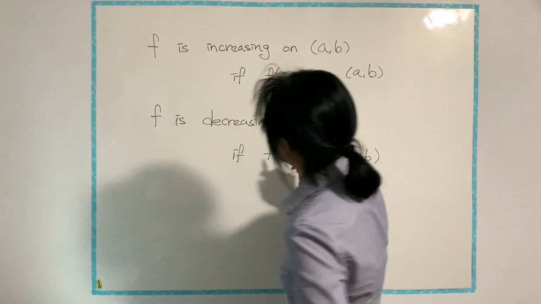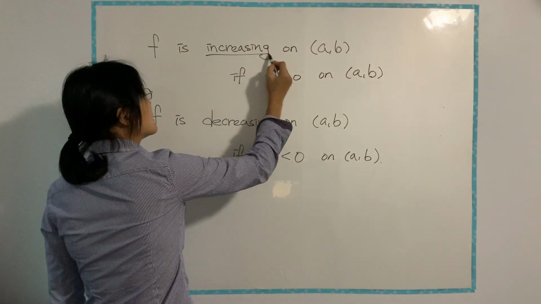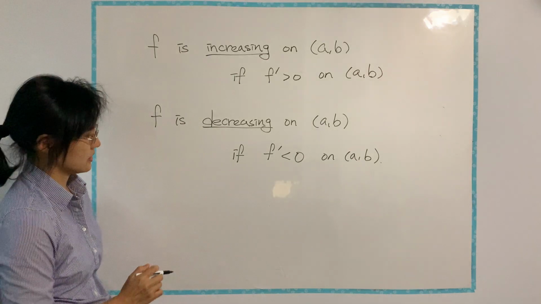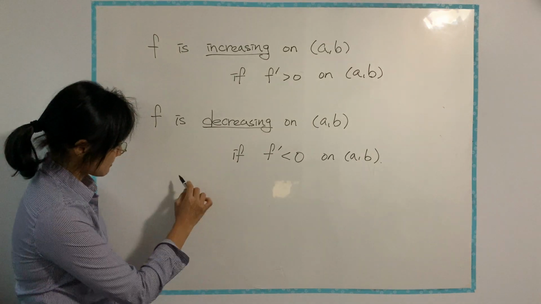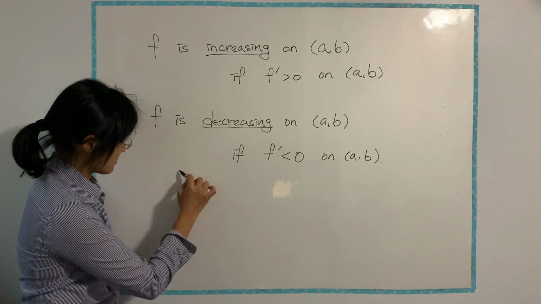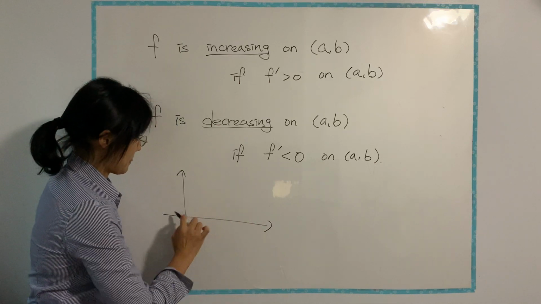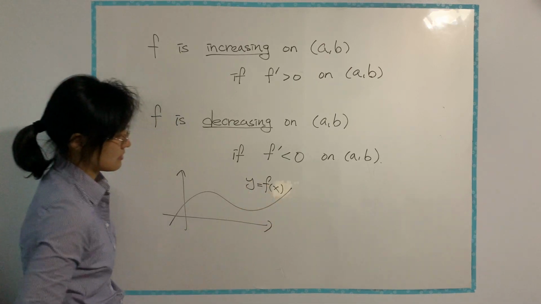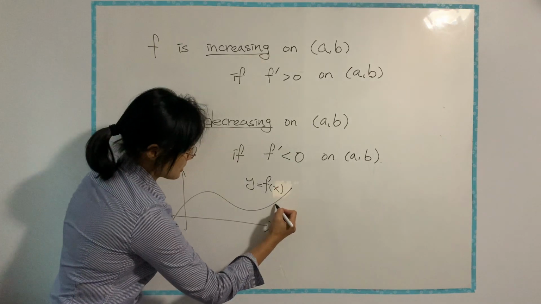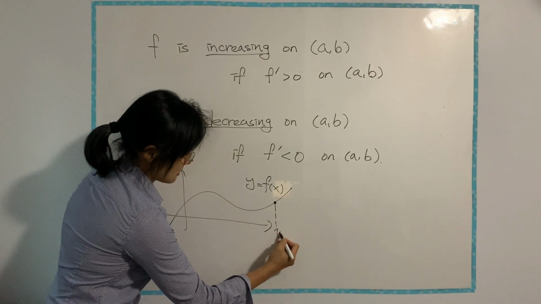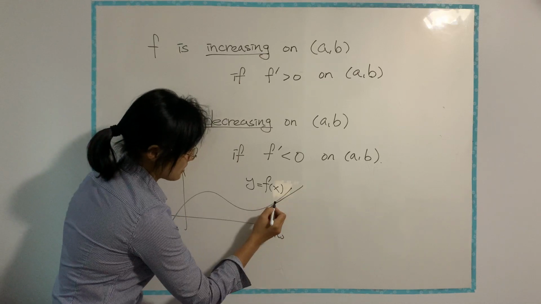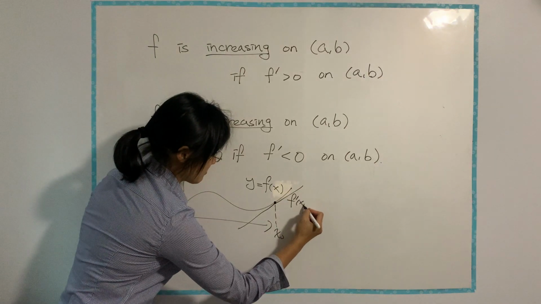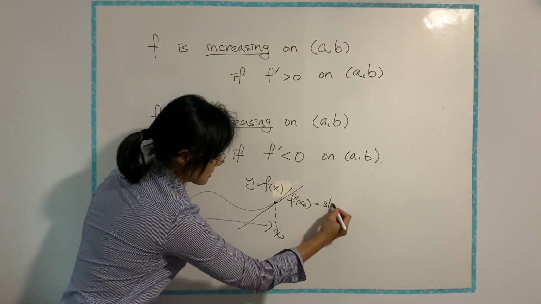Now let's look at the behavior of the function and the derivative of the function. Okay, so again, if I start with a function y equals f of x, at any point I can talk about its tangent line, and f prime of this point will be the slope of the tangent